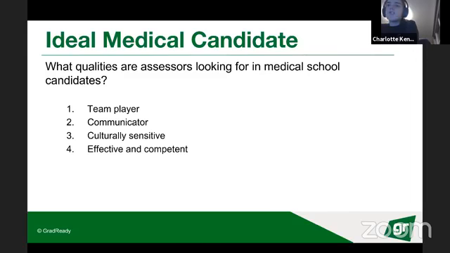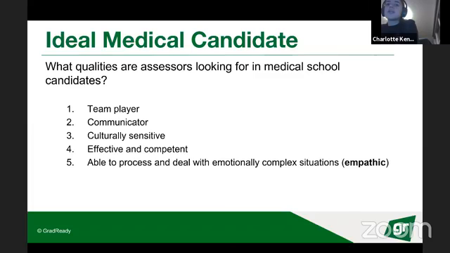And then it's also important, and this is easier said than done, to be effective and competent. Part of that in terms of competency is to remember your role. When you're interviewing for medical school, you're not a medical student and you're not a doctor. You just have to try to be the most competent version of yourself. And part of that is acknowledging the situations that you can do things in, the situations that you can't, and just acting sensibly, I think, is the biggest thing in terms of competency at this stage.